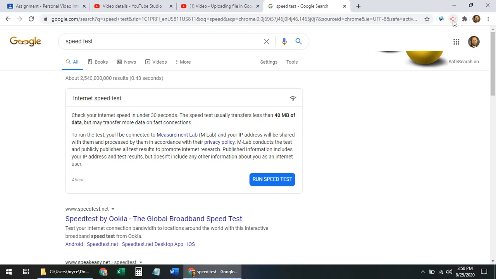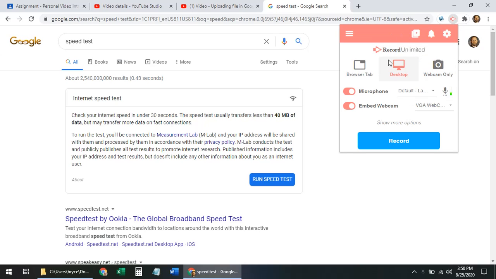In order to use this Screencastify program, once you bring up Chrome, you just simply come up here to the red arrowhead where if you hover your mouse it says Screencastify. You click on it and it's going to bring down a little box. Now if you've never used Screencastify before, it might have you walk through a process where you enable it or register with it and put your email address in there to link up your Google account. You'll use your student account to link up with that. But in this case, I've already done that, obviously, and so now I'm going to walk through this process and